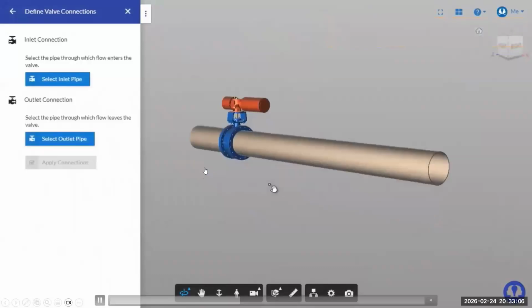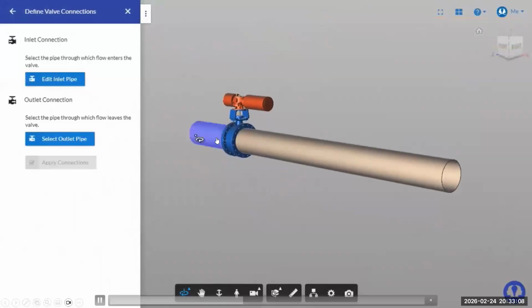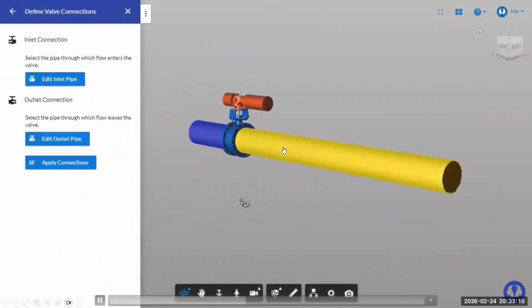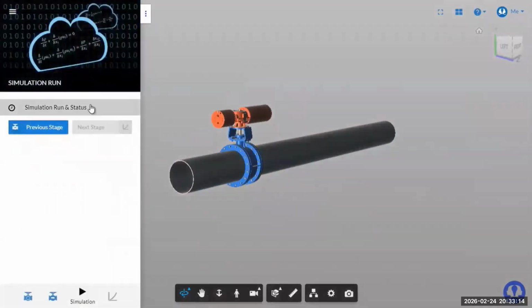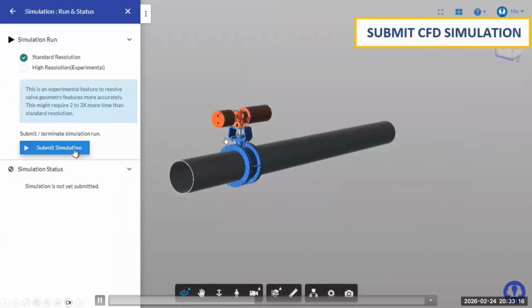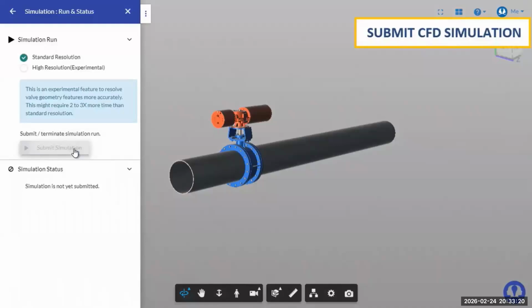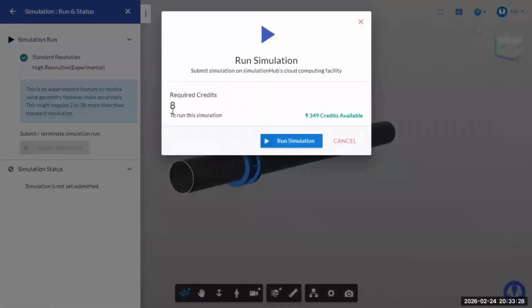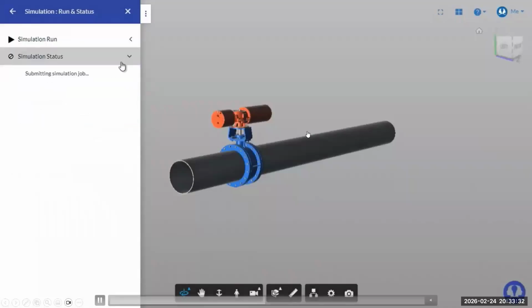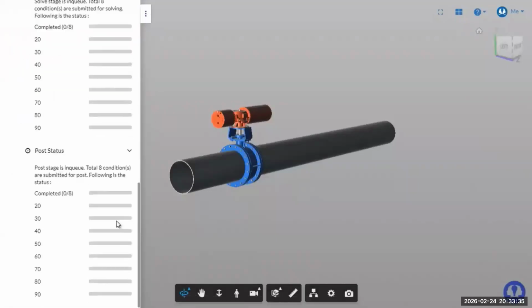So the next step is defining the valve connection. You're selecting the inlet and outlet pipes. Okay, that's it. So you have reached the simulation or solve stage. So this is the minimal set of inputs required to start your simulation. So at this stage, you submit your simulation, and the simulation runs for all the openings,